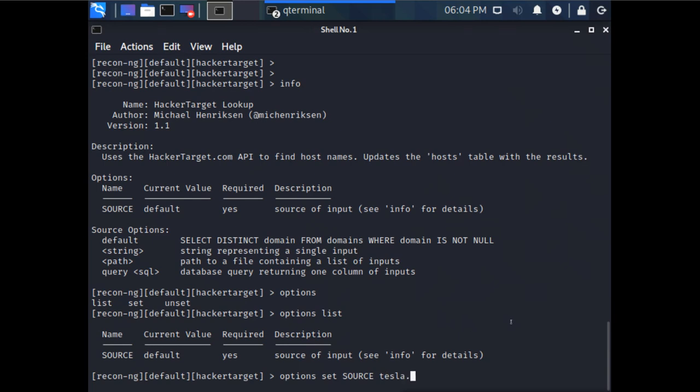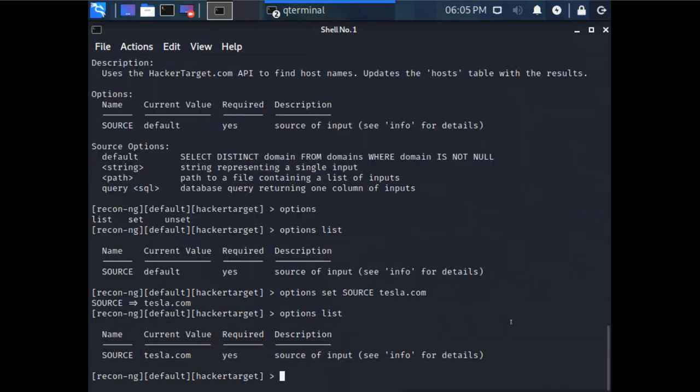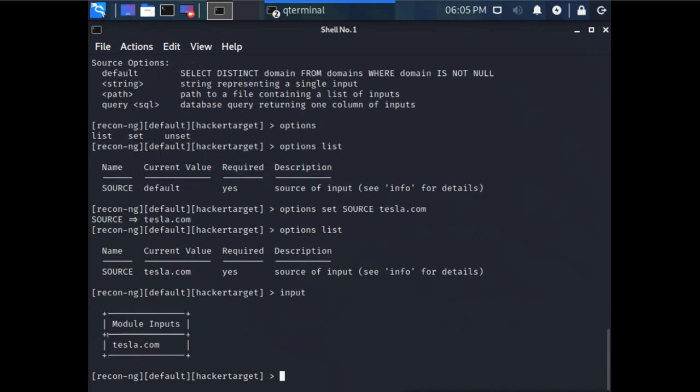This is the domain on which I want to do the reconnaissance. Now when I list options, I can see the source here, and now the source is set, and input is also set. So we have already added the input. Now we can run the module.